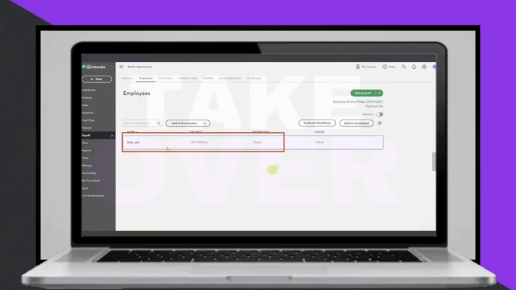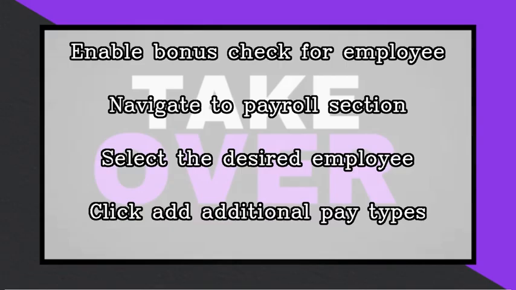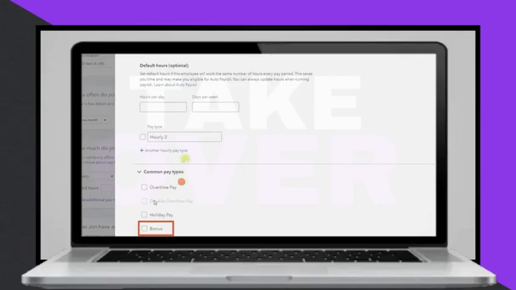To write a bonus check in QuickBooks Online, first, enable the bonus check for the desired employee by navigating to the payroll section and selecting the employee. From the Employee Details screen, scroll down to the How You Pay section and click on the Add Additional Pay Types link. A window will appear where you can check the bonus pay type under the Pay Types command and